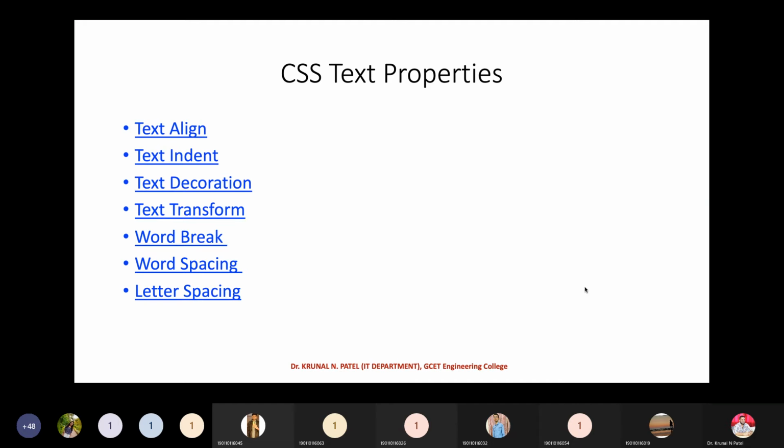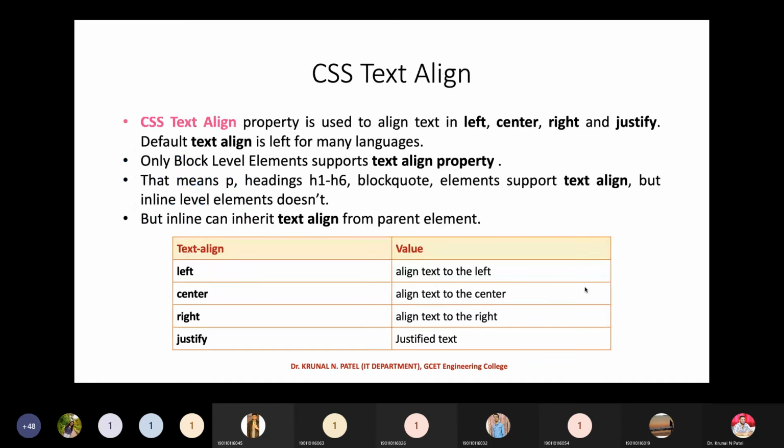Word breaks, word spacing, letter spacing. So all these effects, if I want to provide them, these particular properties are used. So now let's discuss one by one how you can use them and what are the possible values we have. Okay, guys. Now if we talk about the first, the text-align property,